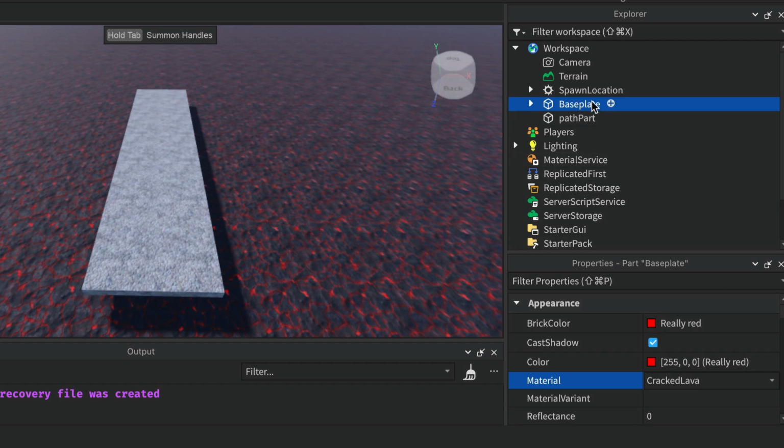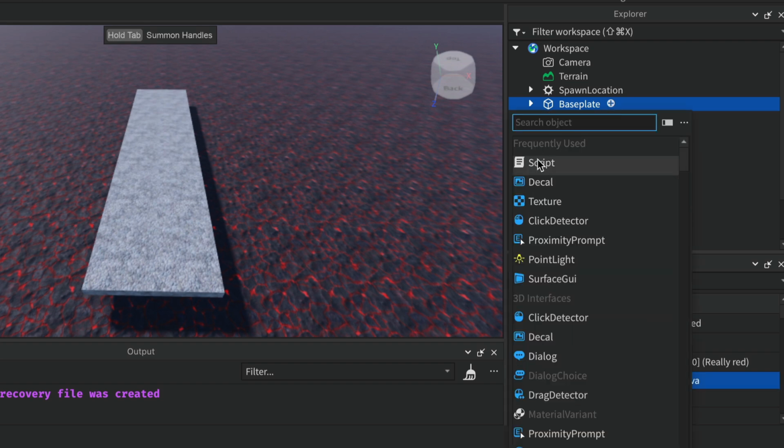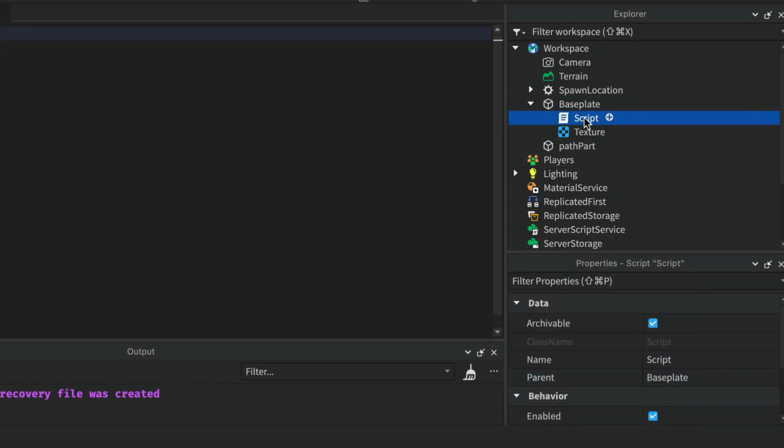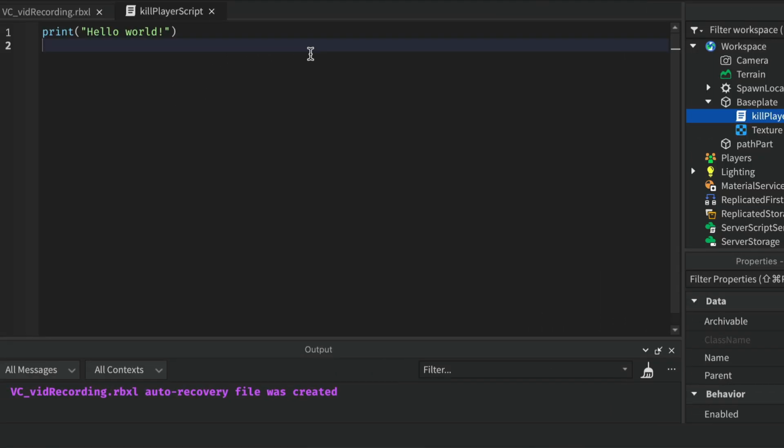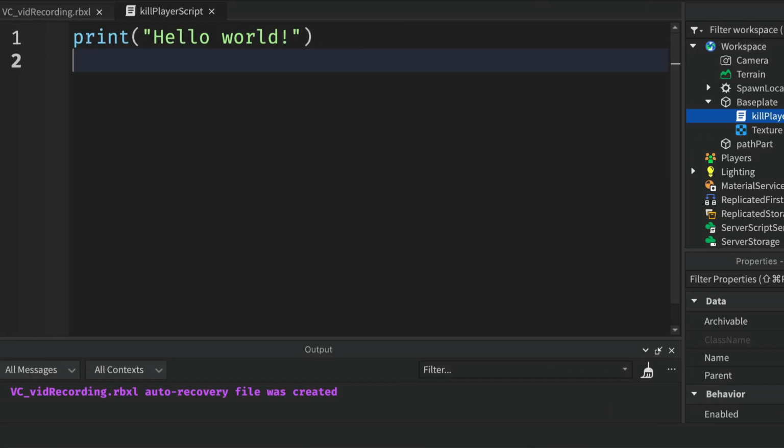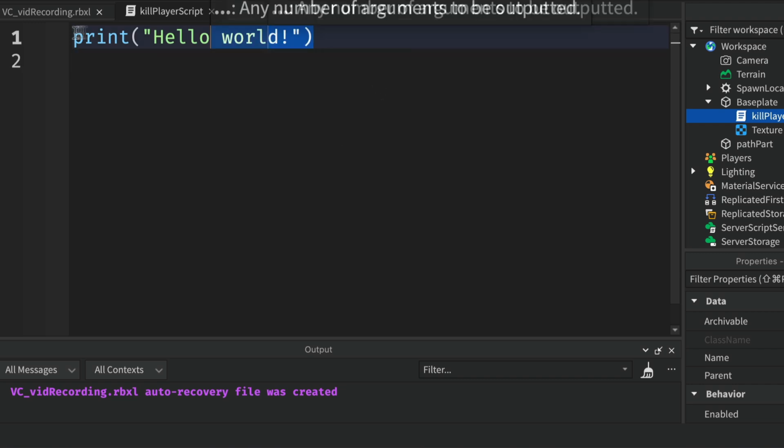And we're going to add a script into the base plate. So go ahead and click on plus next to base plate and add a script. And we'll call this our kill player script. Now we're not actually going to kill the player, in case you're distressed. We're going to simulate killing the player so that we can just do the example. Alright, so in the script